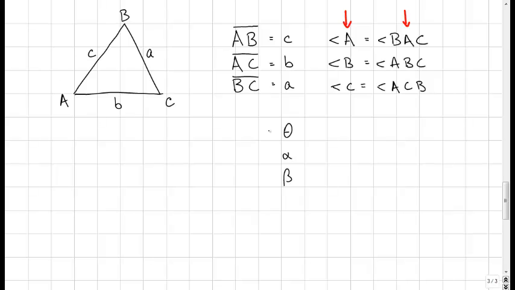So let's say we want to make angle A theta. Well, we could just refer to that there as a theta. And if we made angle B equal to alpha, then we've got an alpha there, and then angle C equal to beta, so we've got a beta there. So lots of different ways to refer to angles,